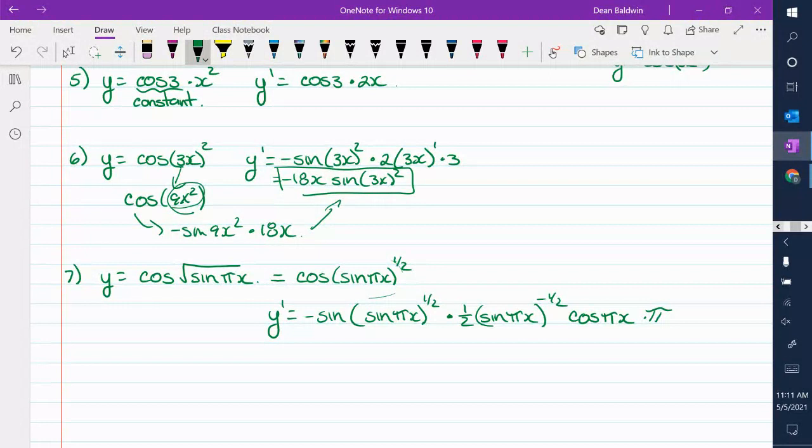I'm not going to give you one like that on the test. But it's like a function inside of a function inside of a function inside of a function inside of a function. And then you would, if you wanted to clean this up, that would drop down, that would be there. So you're going to get negative pi sine and the cos